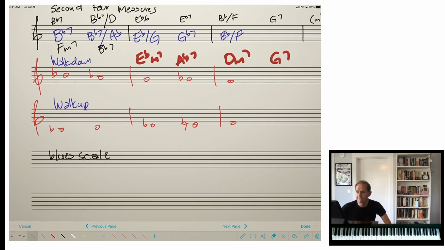So that's probably my best tip in terms of this progression. Use those two